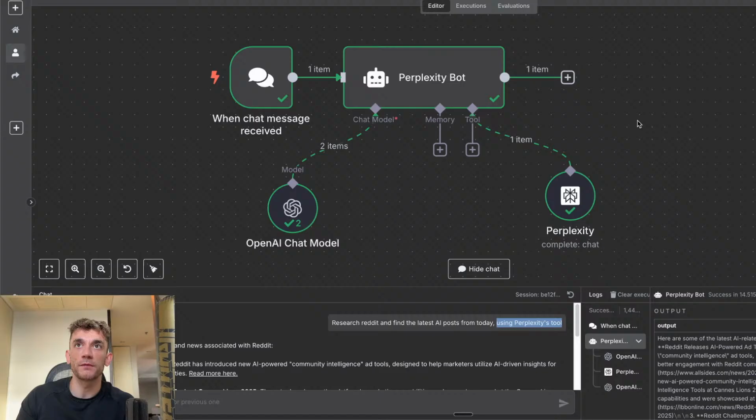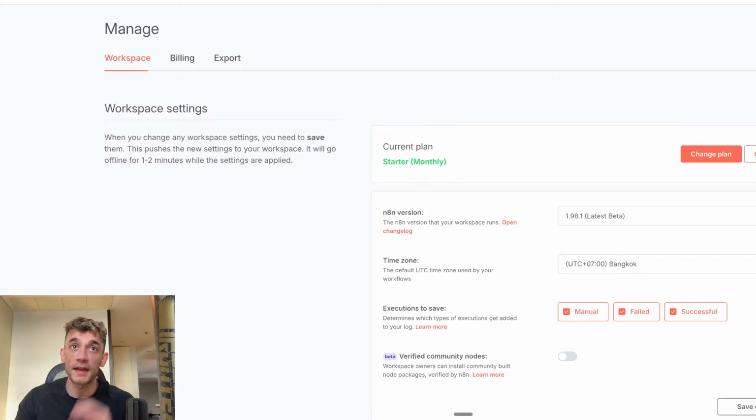Now, if you want to build something like this, it's pretty simple and easy. So what you're going to do is go onto N8N, and you just want to make sure that you're on the latest beta version of it, so 1.98.1. That's what I upgraded to. You do that inside